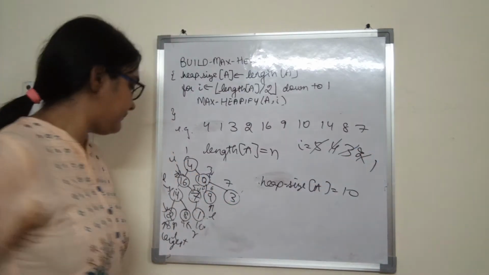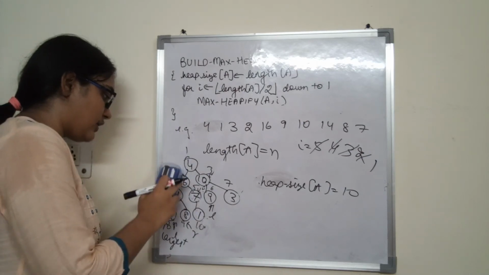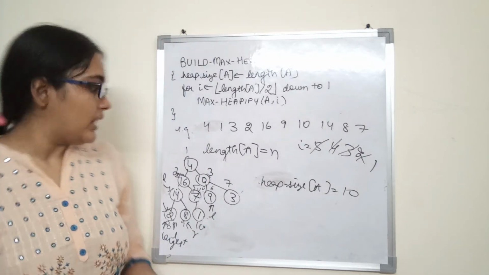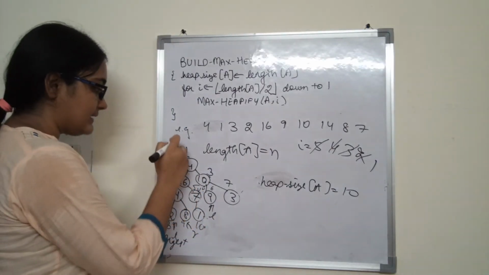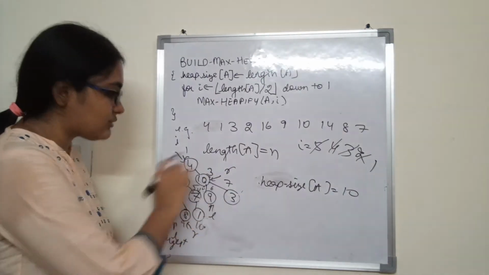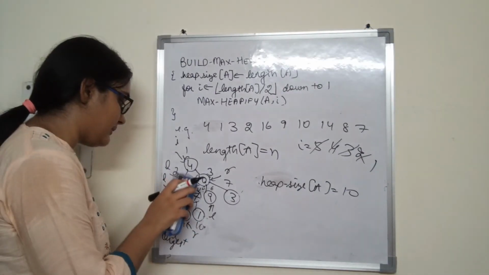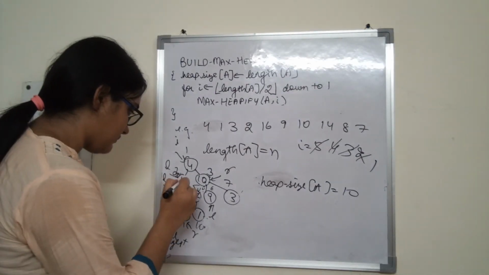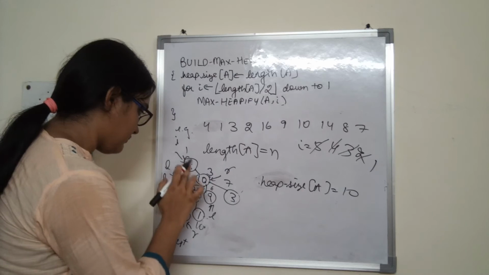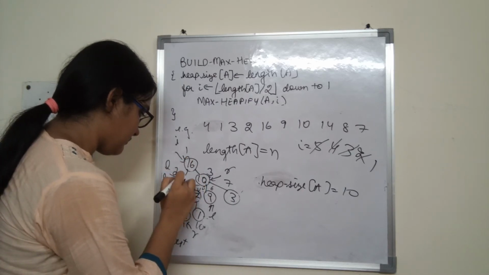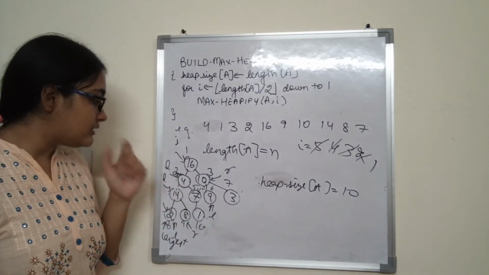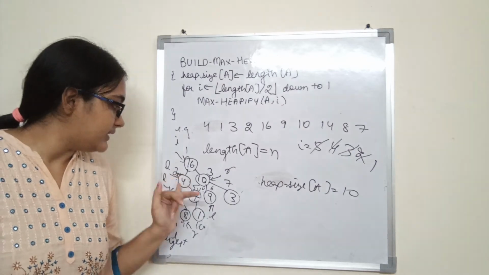Now I is equal to 1. We are calling max heapify, that is, we are making a call like max heapify A 1. Right. So I is this, this is L, and this is R, right? Out of these three, which one is the largest? L is the largest. So 16 and 4 will be exchanged. And also now max heapify will be called on this.